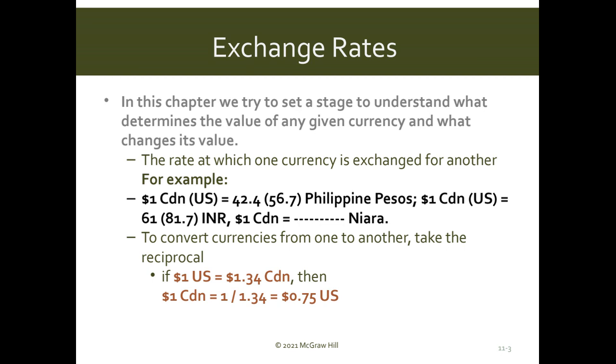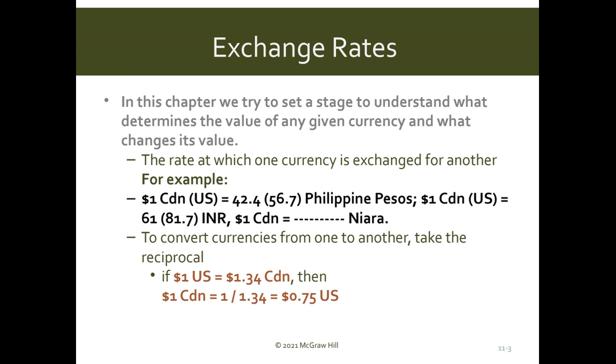By official exchange rates, these rates are determined by the demand and supply of the currency. So these rates are determined in the open market, without any government intervention. This is what we call official exchange rate. But official exchange rate does not